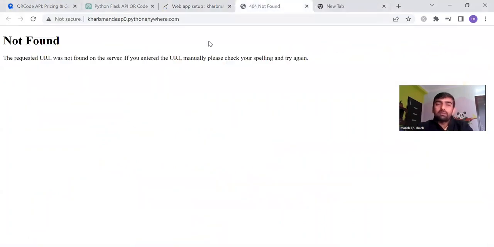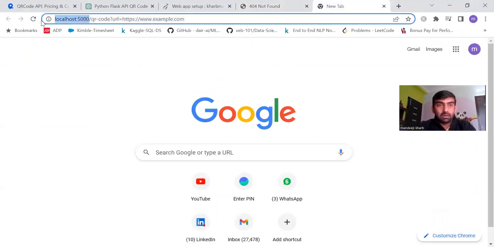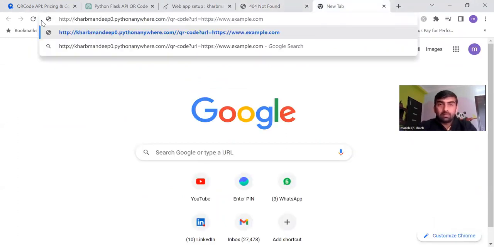Now, after opening this, you can see that it is giving me some error. This error is because we have not set up the base URL or the home URL for our app. We can ignore this for this time. Take this URL, and now here what we can do is